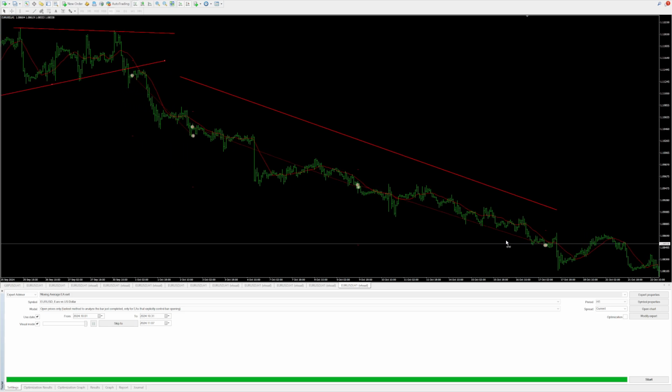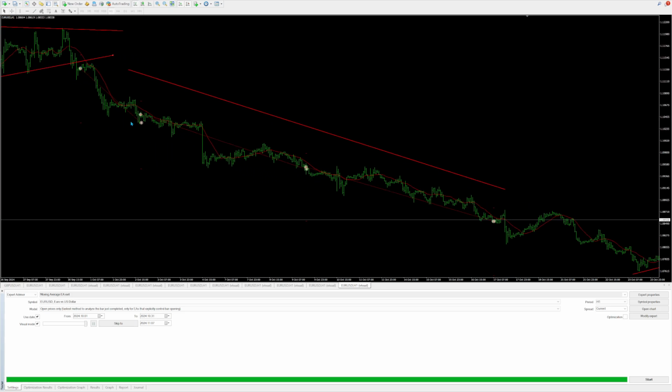Okay, so how can we maximize this? Well, we know we can turn off take profit. We're not going to close on an opposite signal because we get out too early. So then the next best thing would be to use a trailing stop, which will be beneficial. The thing is,